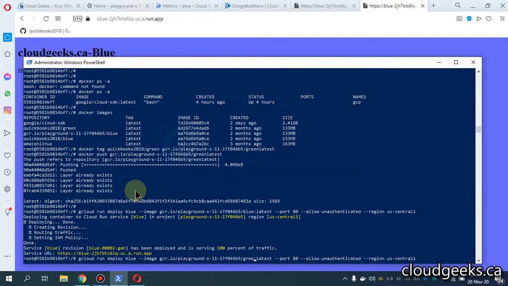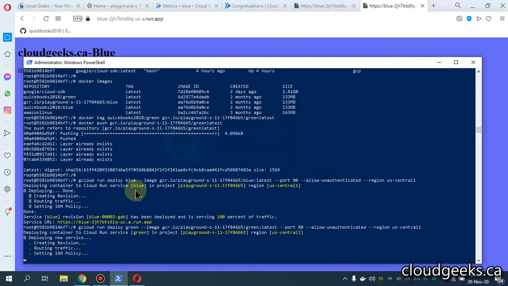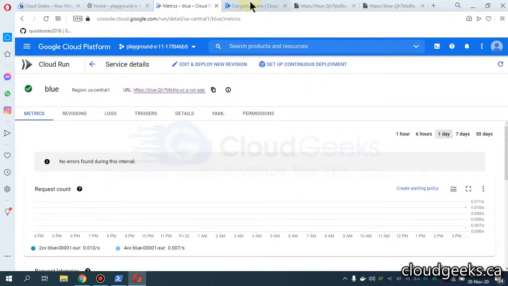So I'm going to update this to green. Previously, the previous image was redeployed, and I'm also going to call this green. Now it is going to pull the green image. Now it spits out an error and says not found. So I'm going to navigate to the